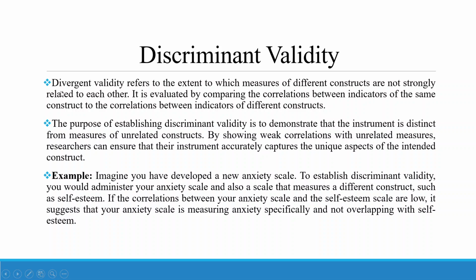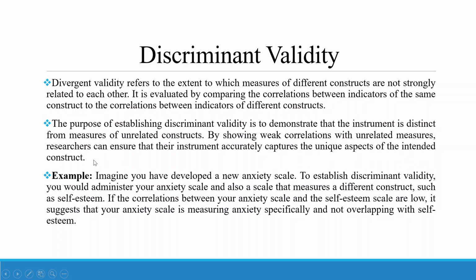Discriminant validity, also known as divergent validity, refers to the extent to which measures of different constructs are not strongly related to each other. It is evaluated by comparing the correlations between the indicators of the same construct to the correlation between the indicators of different constructs. The purpose of establishing discriminant validity is to demonstrate that the instrument is distinct from the measures of unrelated constructs. By showing low correlations with the unrelated measures, researchers can ensure that their instrument accurately captures the unique aspects of